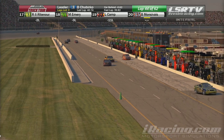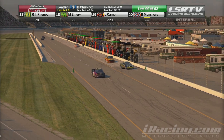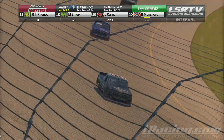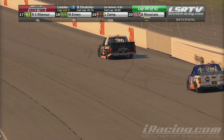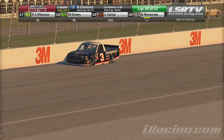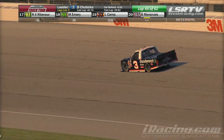But the strategy games continue to play back in the pack. Chiburko will now assume the top spot. The Goodwrench Service Plus Chevrolet, we assume one of the drivers that still needs to come down pit road as well. Yeah, he does, and you can see right behind him, you got Frank Basilia and Ryan Pilot, the 2 that we think can make it to the end. And they right now up there 2nd and 3rd, and you see that Christian Peterson just coming off of pit road now,